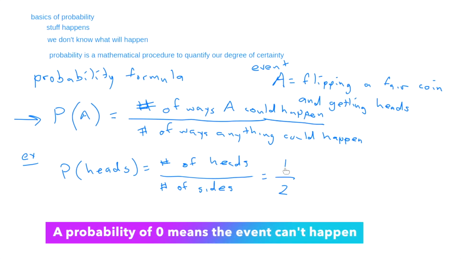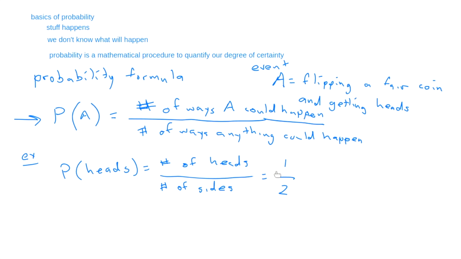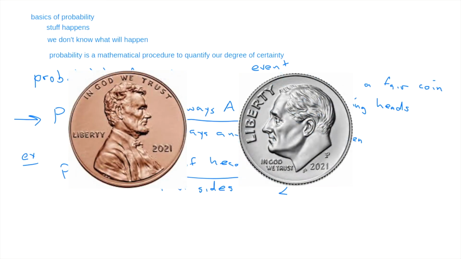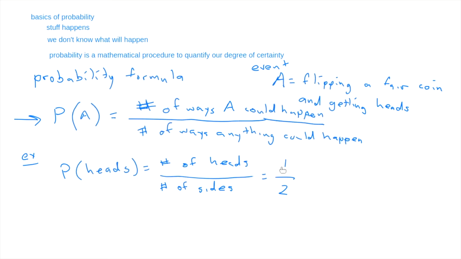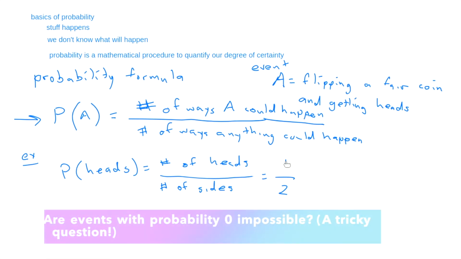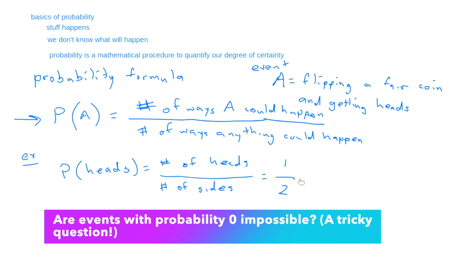I'm going to flip a penny, and what's the probability that it lands with the side that has Franklin Roosevelt on it? Wait, Franklin Roosevelt is on a dime. Yeah, I know, but I want to know the probability that the penny will land with Franklin Roosevelt's head up. You say Franklin Roosevelt's head isn't on a penny. Then this would be 0, and you would have 0 out of 2, and you'd say it's impossible. So 0.